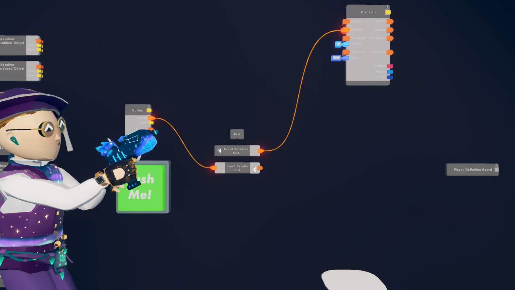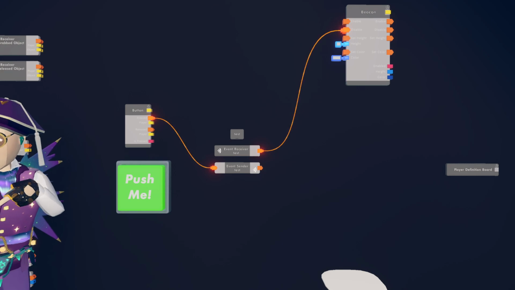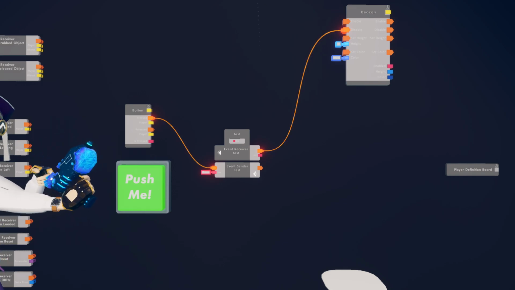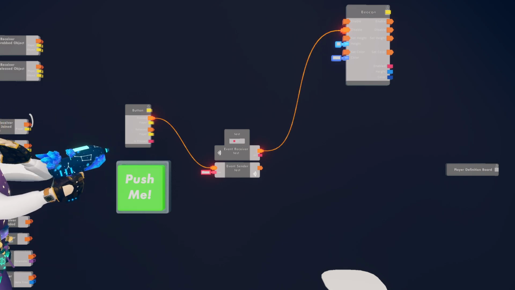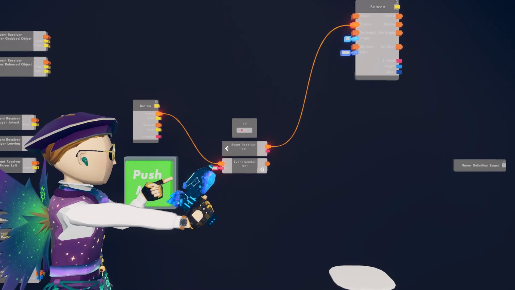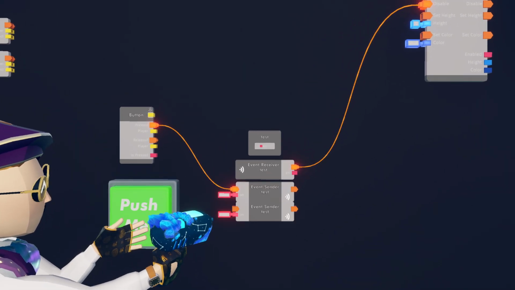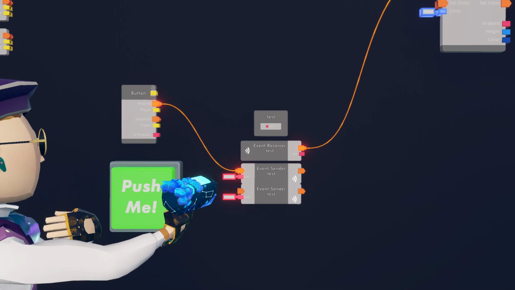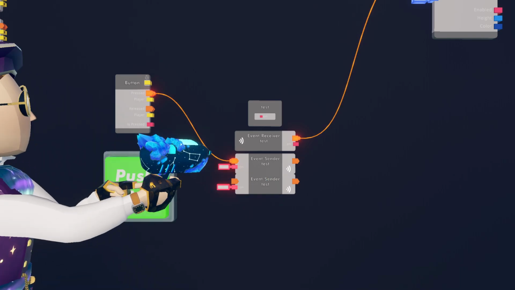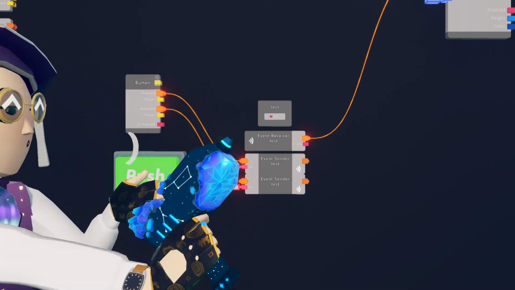Another neat thing you can do is configure the event definition and add different ports to it. So I'm gonna add a boolean, and I'm gonna call it on, and I'm gonna add that property. And now you can see on my event sender and receiver, I now have a boolean port on it. So now by using this send event, when the button is pressed going into here, I'll set that to true. And when it's released, I'll set it to false, which will in turn turn off this beacon.